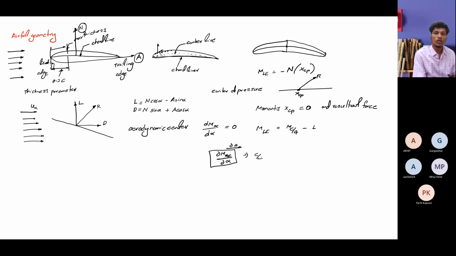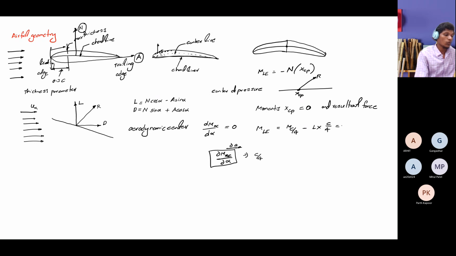It yields the quarter chord point from our theoretical analysis. So that's why we always see the quarter. We always take the forces and measurements as a standard at the quarter chord point, and that is fixed. It's a convention that people use for any kind of aerofoil, whether cambered or symmetric.